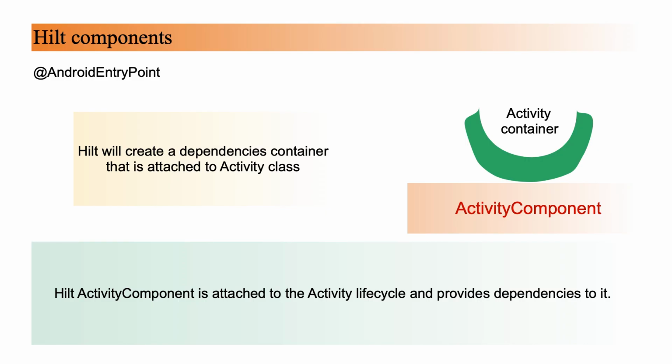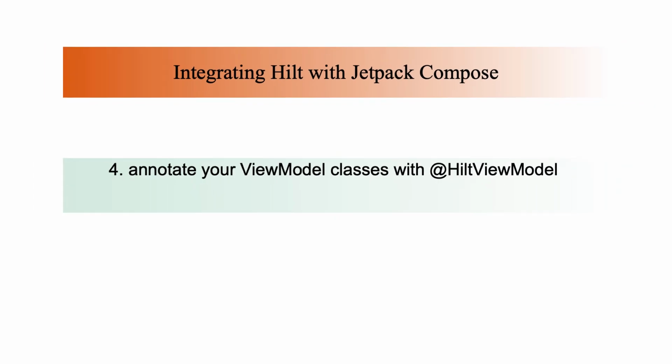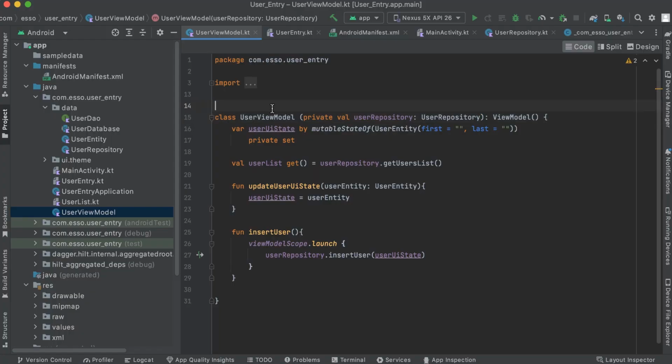By adding AndroidEntryPoint, Hilt will create a dependencies container that is attached to the activity class, called the activity container or also activity component. This container contains all instances your activity needs, and Hilt's activity component is attached to the activity lifecycle and provides dependencies to it. Step 4, annotate your view model classes with the HiltViewModel annotation. Back to our application and open UserViewModel and add Hilt